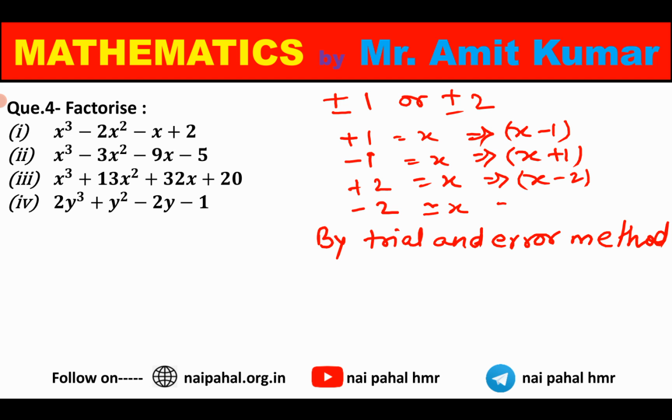So the product should be equal to 3 multiplied by minus 4 equals minus 12, and the sum will be equal to minus 1. So let's check the numbers whose product is minus 12 and sum is minus 1. So we can take 4 times 3 is 12, minus 4 and plus 3, the sum will be minus 1 and the product will be minus 12. Let's check them out.